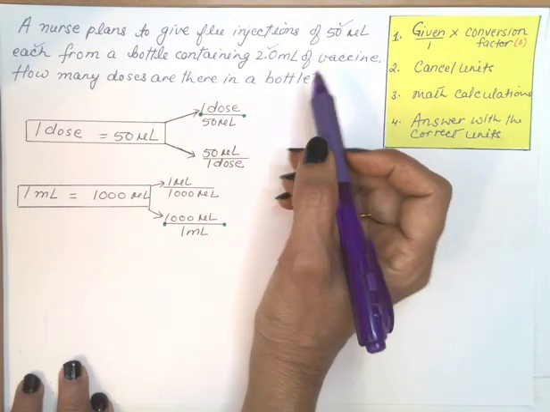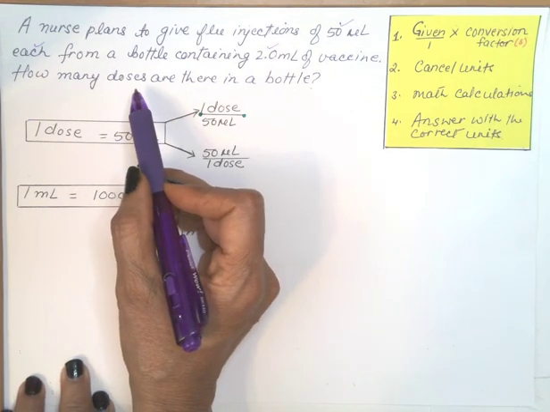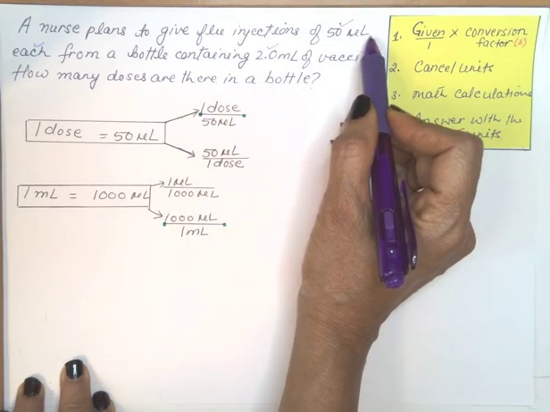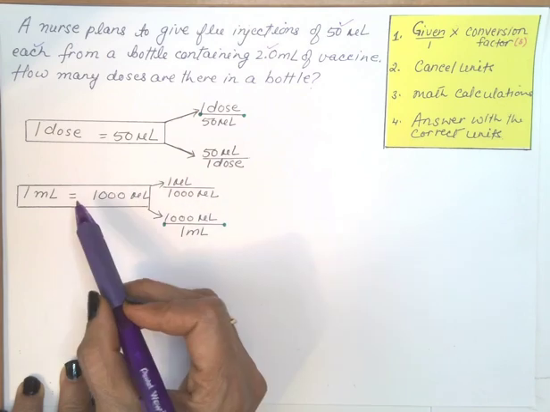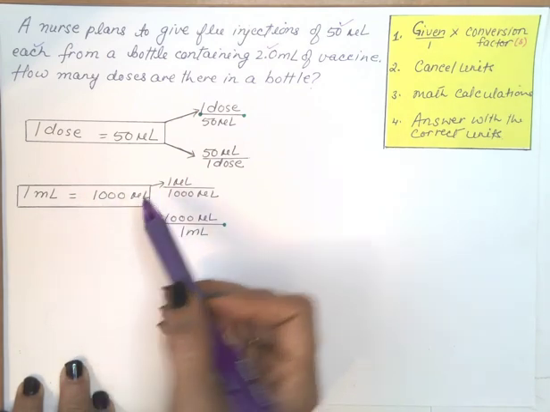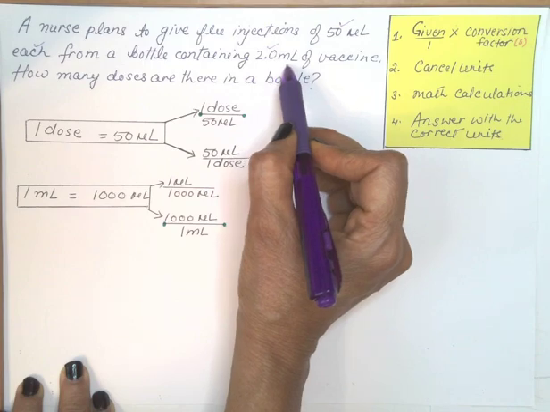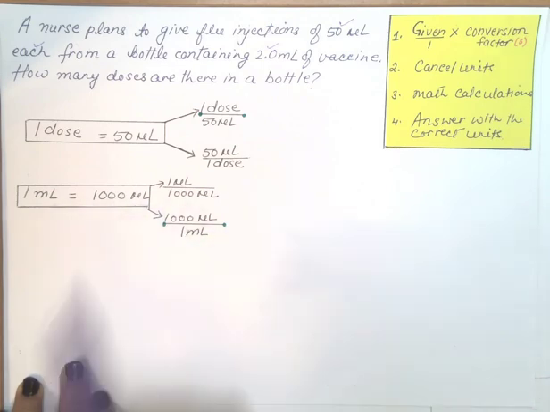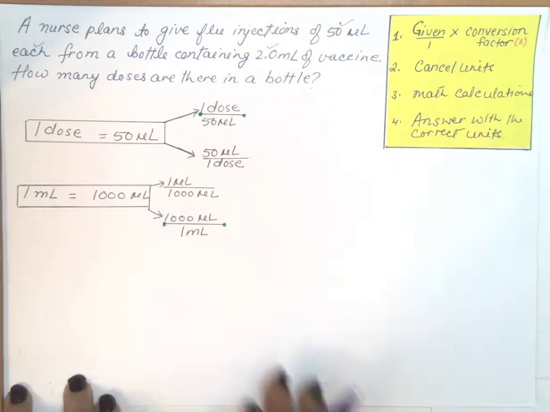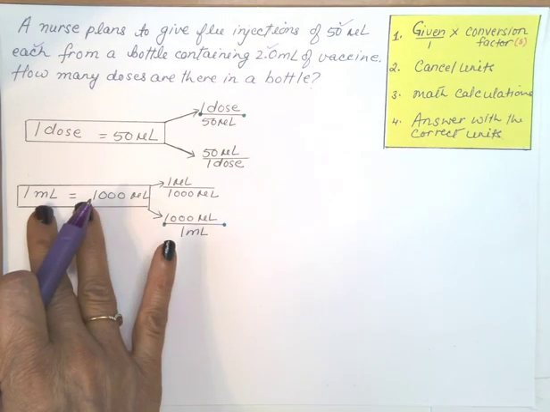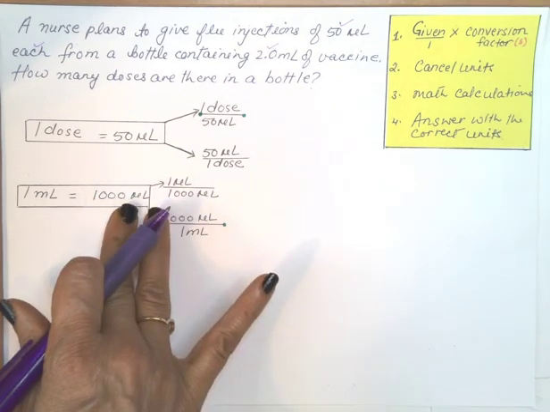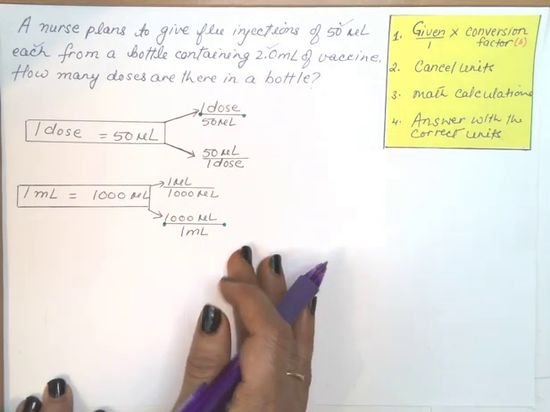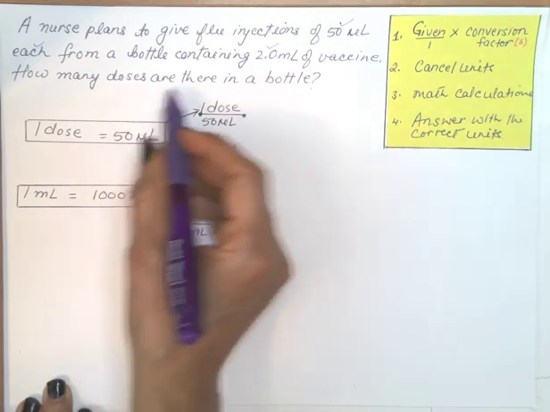Now they are asking us to find the number of doses in a bottle. And for doses, the units we have is microliters here. So we are going to require another conversion factor between milliliters and microliters. Since here it is milliliters, but the answer we want is in microliters, the doses. 1 milliliter is equivalent to 1000 microliters. Now what is the relationship again between milliliters and microliters? Right here. We're going to pick the fractions which are appropriate depending on how we start and how we end. So let's start with 2.0